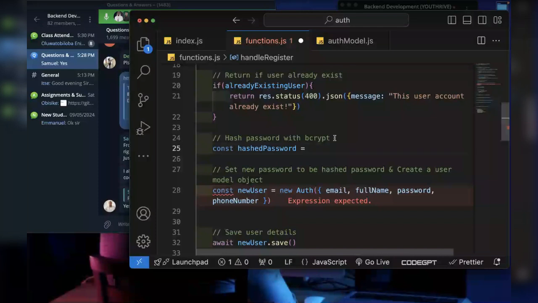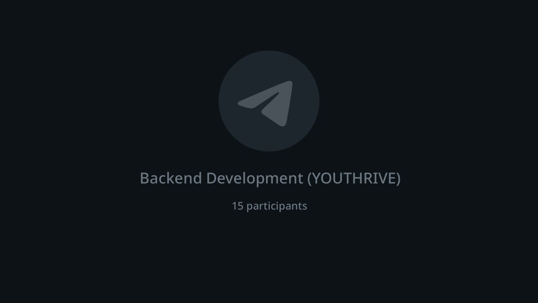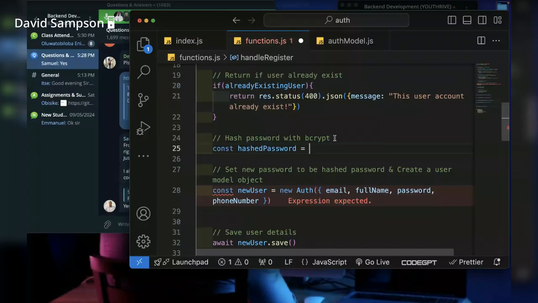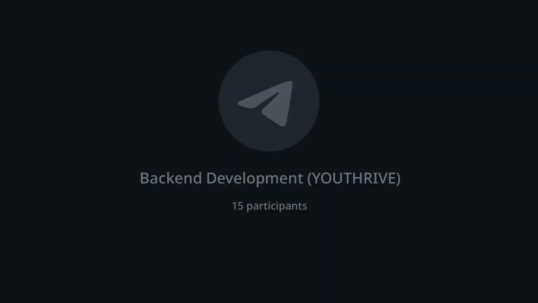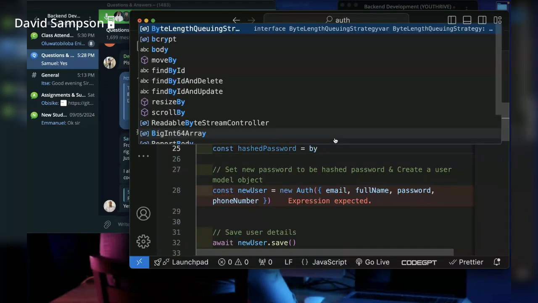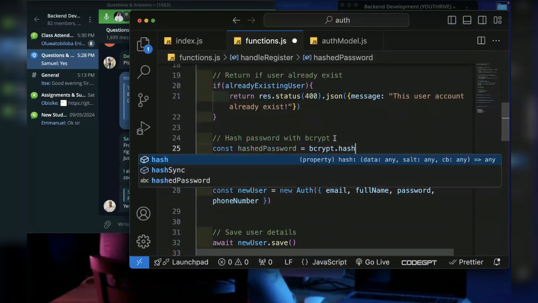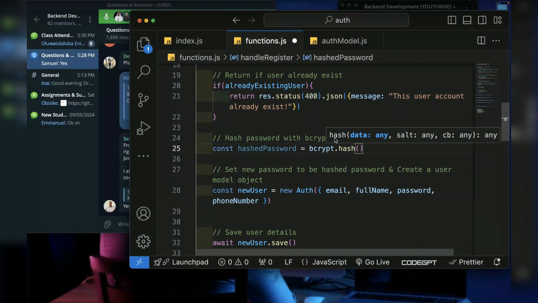Whatever I hash will be stored there as the hashed password. So bcrypt is going to hash it the number of times I want it to hash it, and then store it inside there. So what I want to do is say bcrypt that I imported dot hash. Now the hash is already suggesting that you pass in data, you pass in the salt, and any other thing you want. So I'm just going to pass in the data and the number of times I want it hashed. So the data I want to hash is the password, and I want you to hash it 12 times,